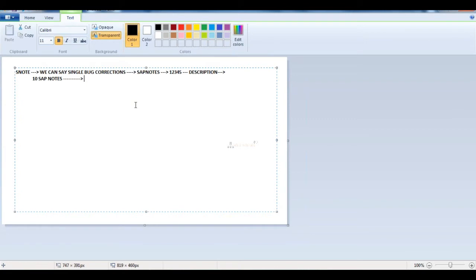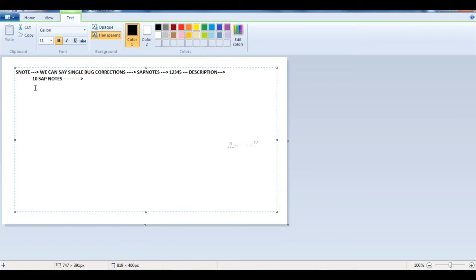Every SAP Note gives you detailed information on the description of that error, that bug, and the corrections: the symptoms, the reason, the solution, the corrections you need to apply, and which software component this SAP Note is suitable for.